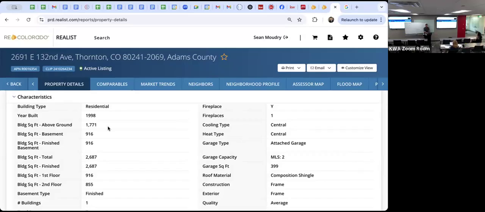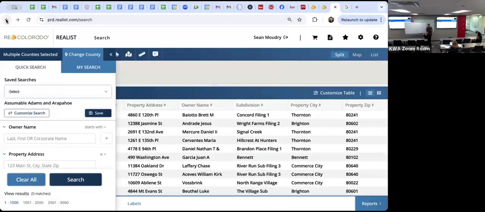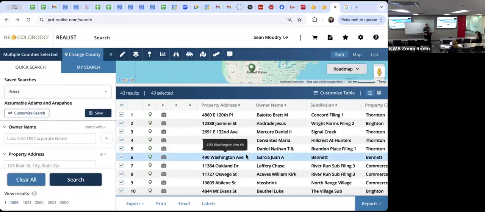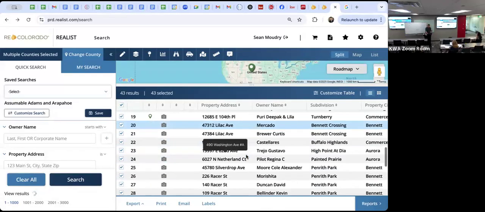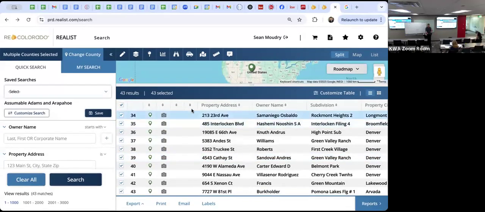Okay, so going back to these properties, if you go through these, there's not a ton of them, okay? There's not tons and tons and tons. There's 43. You can go through them, sitting there, watching Melrose Place reruns, right? You could just sit there and go through them and pick through the good ones.